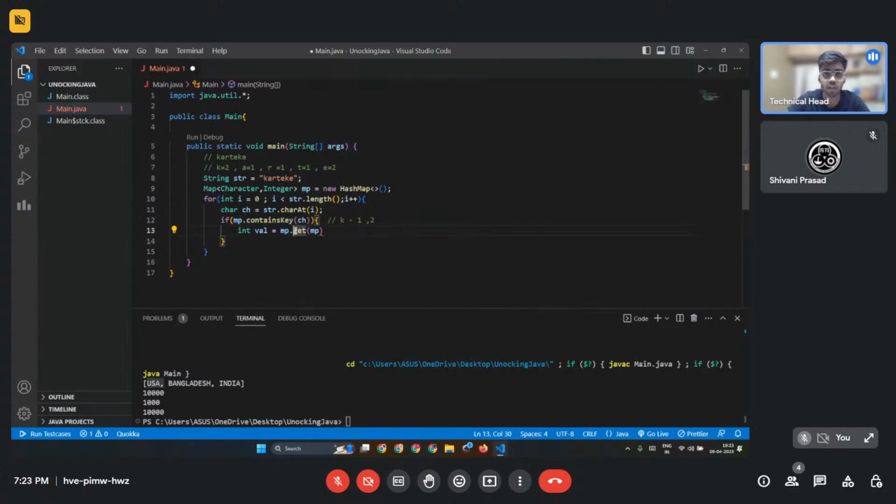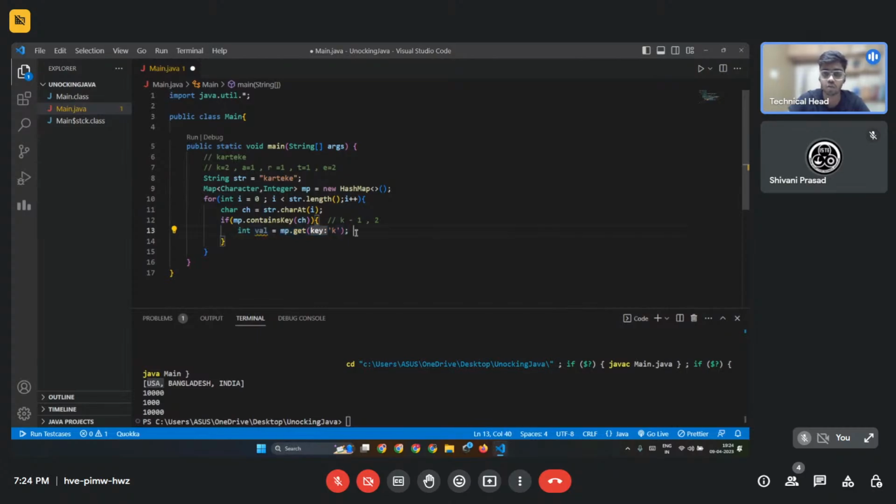In this get, I just pass the key k, and this will return me 1 if k is mapped with value 1. If k was associated with value 2 as its key-value pair, this would have given me value 2. So now I got the number of times k has already occurred in my map or